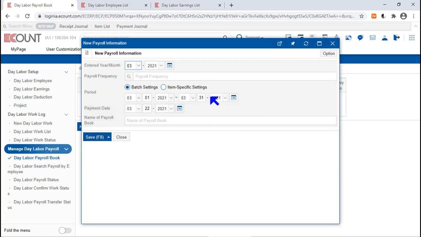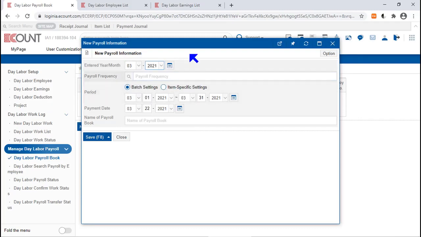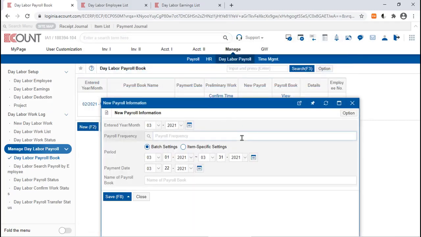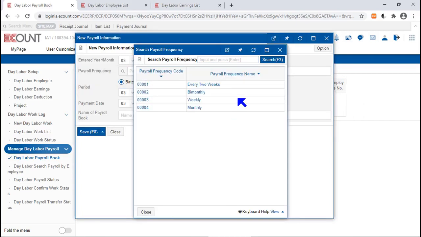and enter and set each field and click Save to finish. The Entered Year Month field is where you need to select the month that the payroll book is related to. And in the Payroll Frequency menu, select the payroll frequency of the employees who are subject to the payroll of this